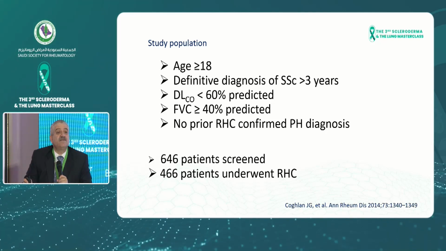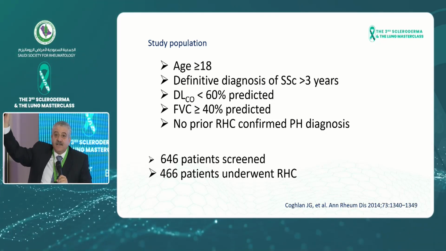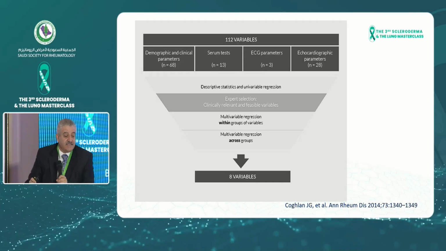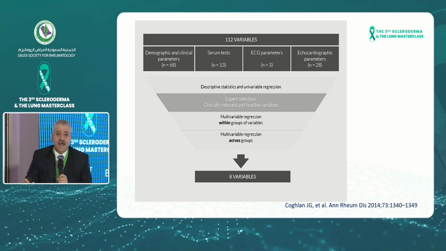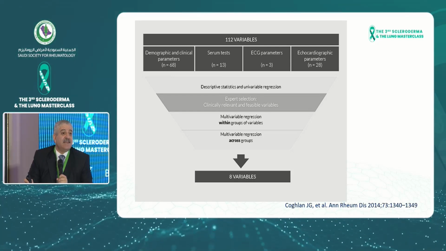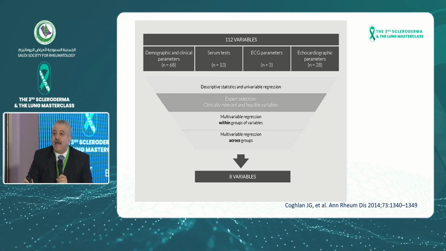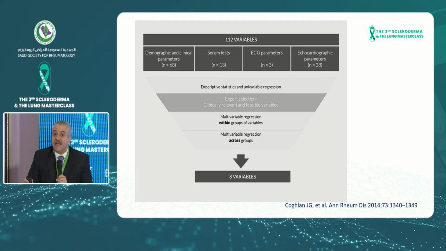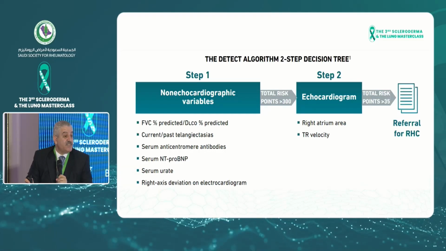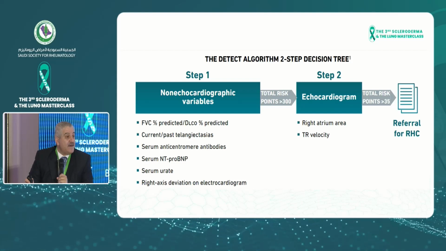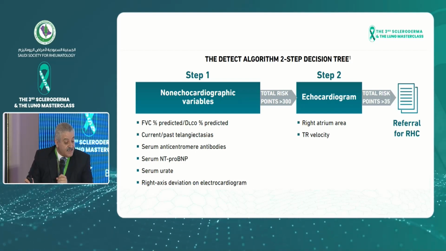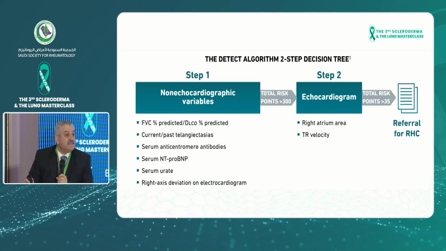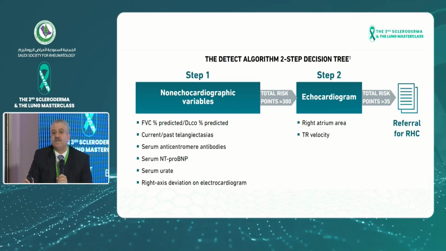Everybody had a right heart cath. So this is the gold standard in terms of pulmonary hypertension diagnosis, and they start looking at everything. They had so many parameters that were captured in these patients, and then the statistician did his work, and they came up with some parameters that seemed to be important, especially when you put them together. The parameters were FVC, the telangiectasias, the anticentromere, anti-proBNP, serum uric acid,